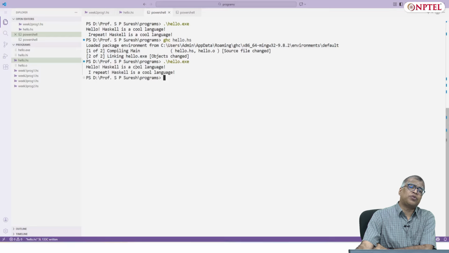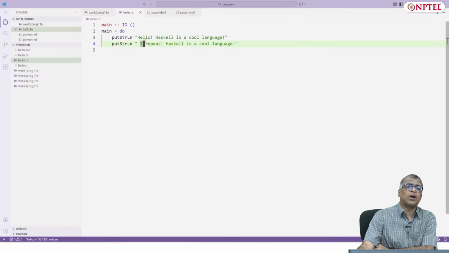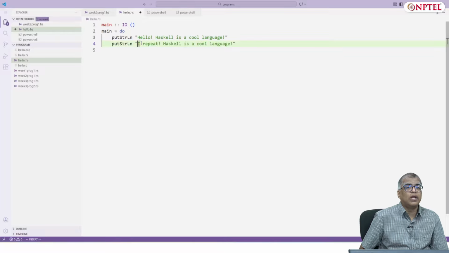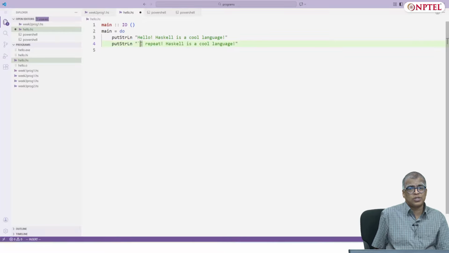On your own machines, if you are running Windows or Linux, it should run quicker. If you are running a Mac or Linux, one has to figure out why this delay is happening on Windows, but it's okay, let's not worry about it now.